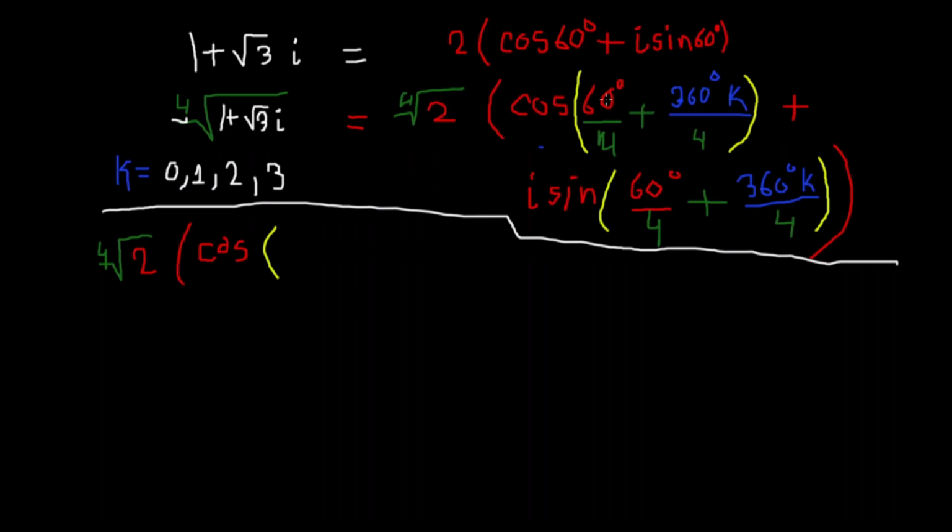Now, if you notice, we can divide this. 60 divided by 4 is 15. So 15 degrees plus... Now, if you notice, we can also divide both the numerator and denominator by 4. So 4 divided by 4 is 1. 360 divided by 4. So 4 times 9 is 36, and then 0. So that just becomes 90 degrees. 90 degrees times